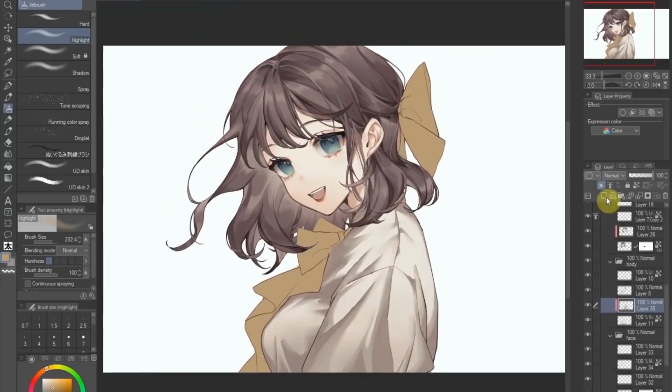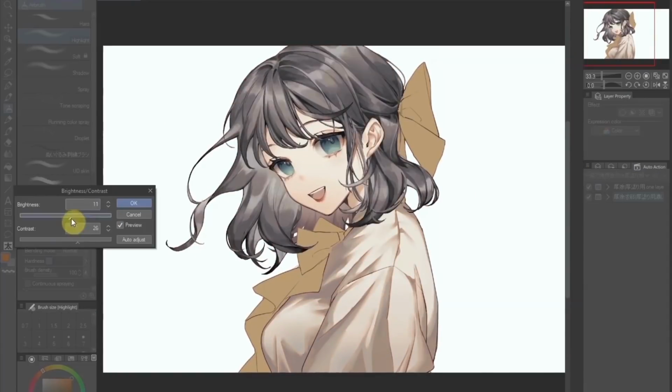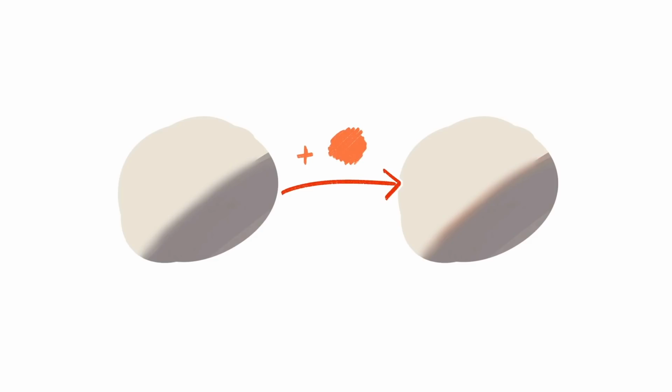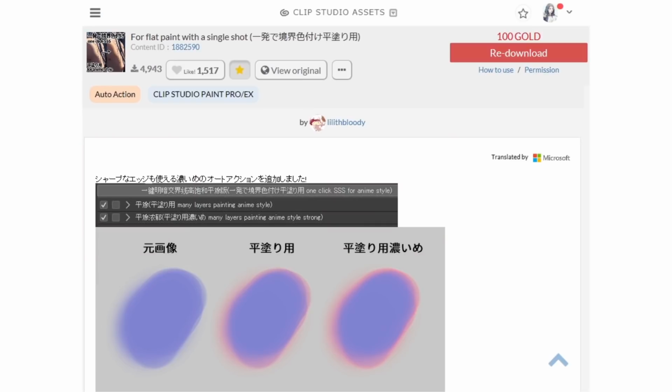Now some people have been asking, how do I do the chromatic fringe effect? Chromatic fringe is a line of saturated color where light and shadows meet. I used to do it manually by brushing a bright orange color lightly onto the shadows line. But nowadays, if I'm trying to save time, I just use an auto action set by Let It Body on